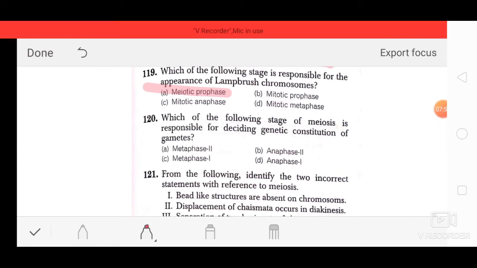Either chromosome of a pair may carry different alleles of the same genes. Therefore, in anaphase 1, homologous chromosomes introduce genetic variability. So, the correct answer of this question is option number D, that is anaphase 1. Okay. Next is